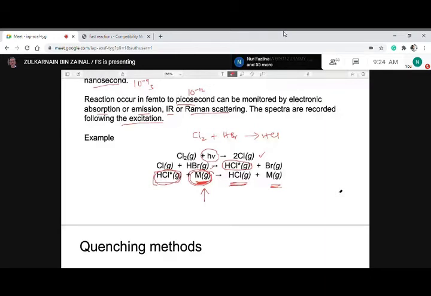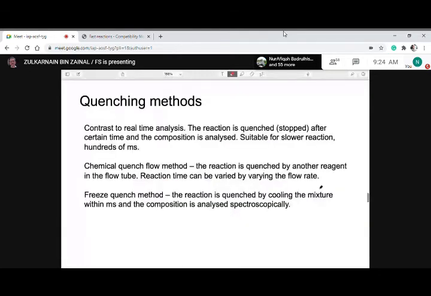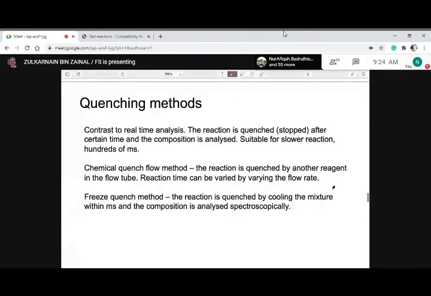Another one is the quenching technique. Okay, quenching is quite a simple technique. A quenching method is how you stop the reaction after it occurs. So you want to stop the reaction immediately, and at the same time you can analyze the content of the reaction mixture, how much reactant is left, and how much product has been formed. There are a number of ways that you can do that. Two popular ways are chemical quenching and freeze quenching. Okay, so in chemical quenching,